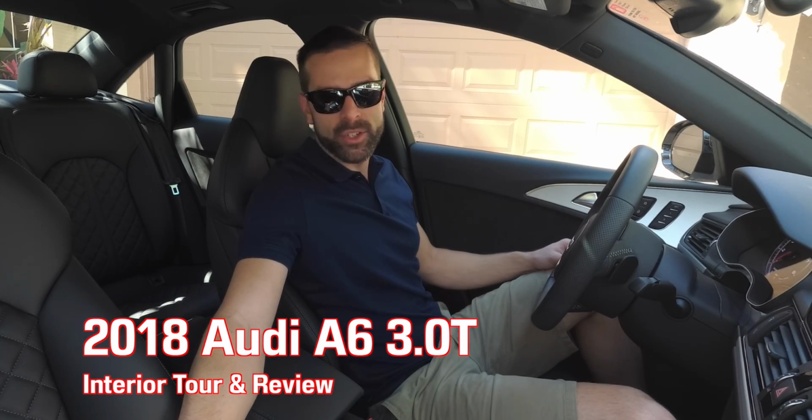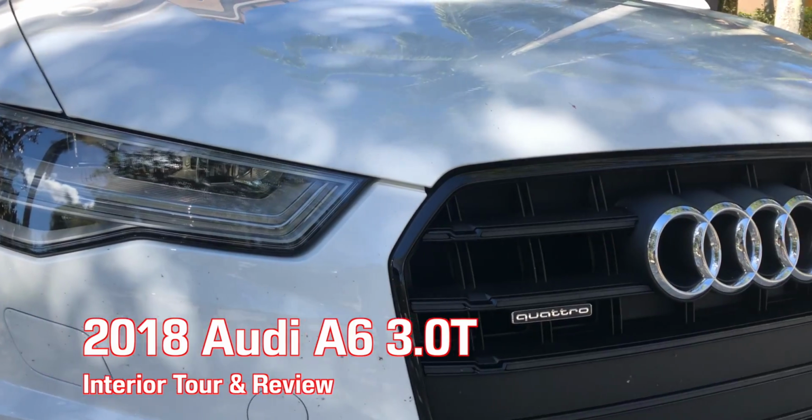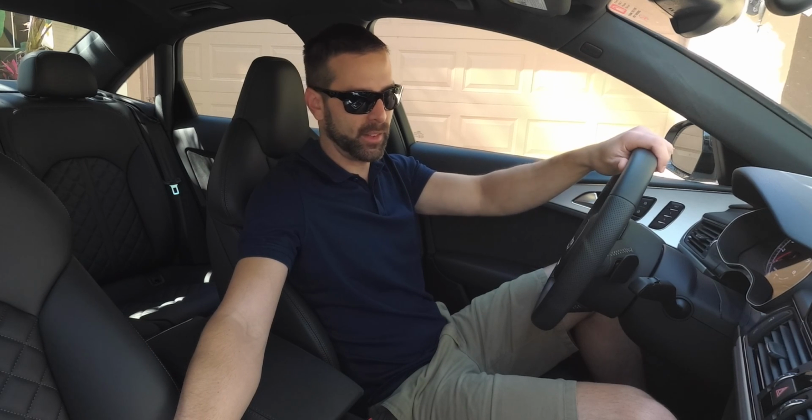Hey guys, I'm Eddie Joe, and I'm currently behind the wheel of a 2018 Audi A6, the 3.0 liter turbo engine in this particular model. I was fortunate enough to be lent this car for a couple hours, so this is going to be an interior review and tour of the car, even though I'm going to go through everything that's included in this